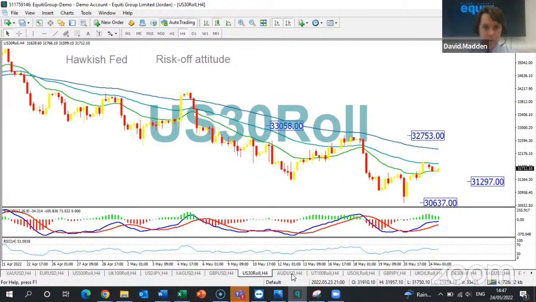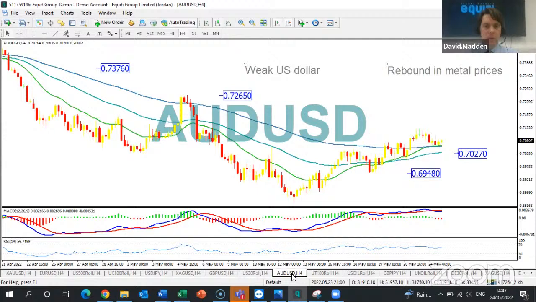Now coming on to the Australian dollar. The AUD USD has been in a lot of focus recently, largely because of, well, until 10 days ago, the strength of the US dollar. A similar situation with euro dollar. We saw a sharp move to the upside in the US dollar up until the 12th or 13th of May. Since then, we've seen a bit of a pullback in the US dollar as traders have been banking their profits in the long positions. That helped push up the AUD versus the USD, so we've seen a bit of a rebound in that currency pair.